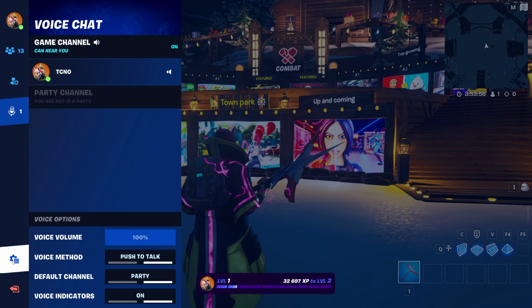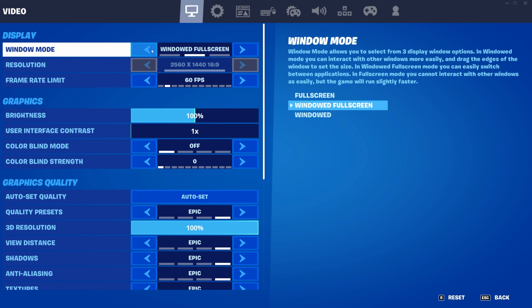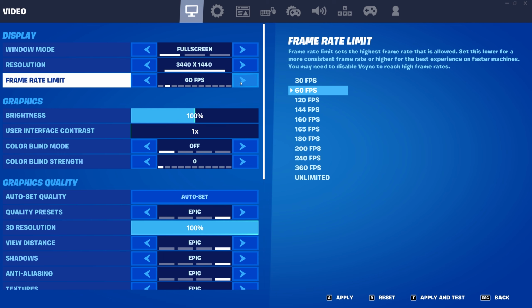I'll hit Escape and then Settings in the bottom left, then Settings up here. Starting at the very top, window mode should always be set to full screen, and the resolution over here should match your display, or it should be a resolution that's supported by your display. For me, oddly, this is only giving me one option here, but for you, there should be more. Frame rate limit should be set to unlimited, all the way to the right if you'd like the highest FPS